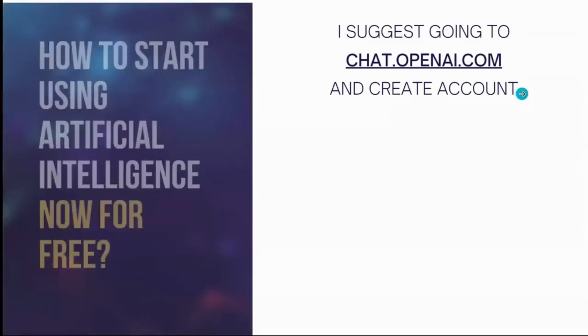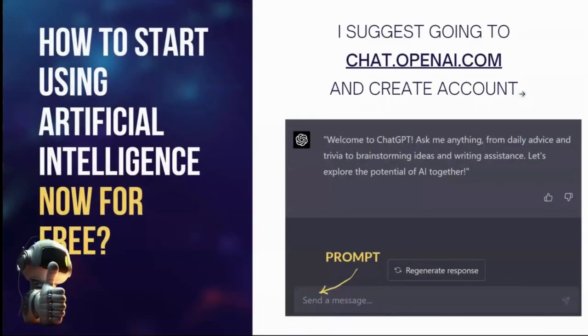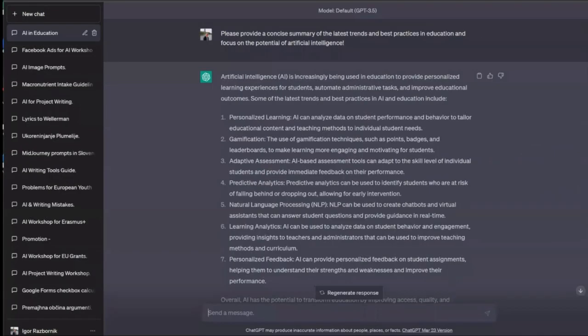Okay. So I already posted that. If you go to my website or to Facebook, you can see how to go to ChatGPT and create an account. But actually, when you create an account, you will get something like that.